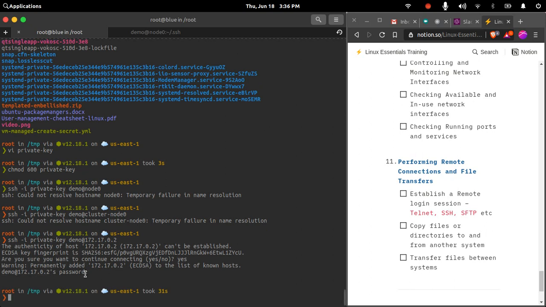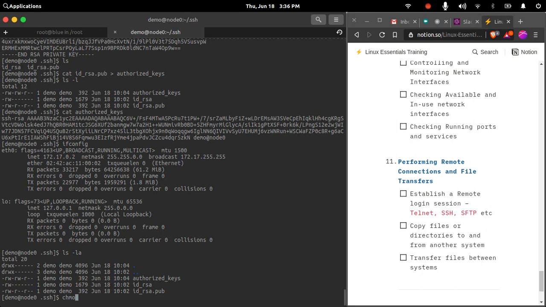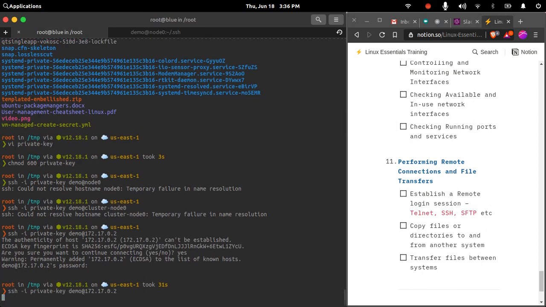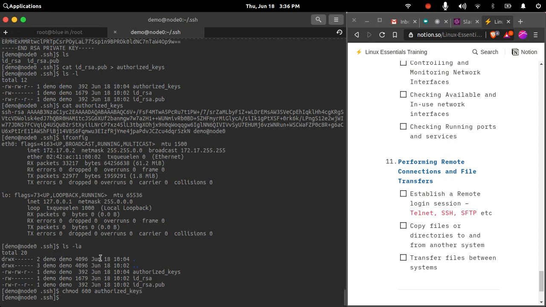Here it is asking me for a password because this container is not able to communicate. So chmod 600 authorized_keys.